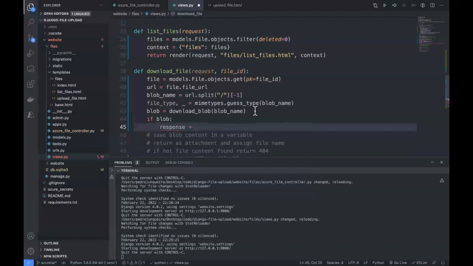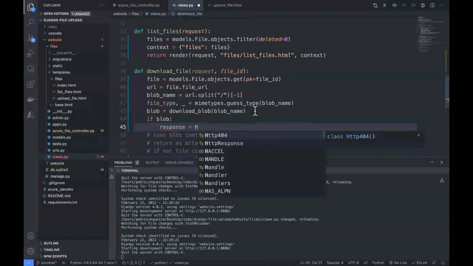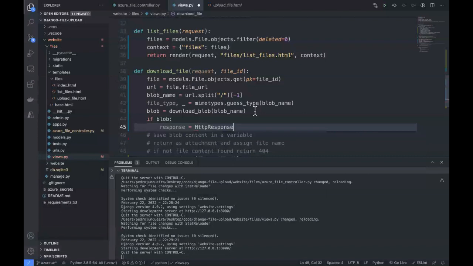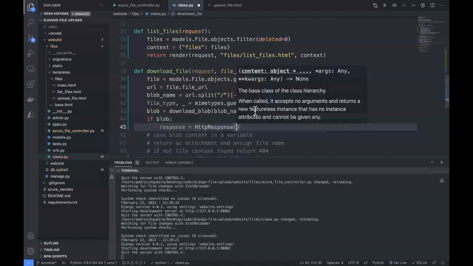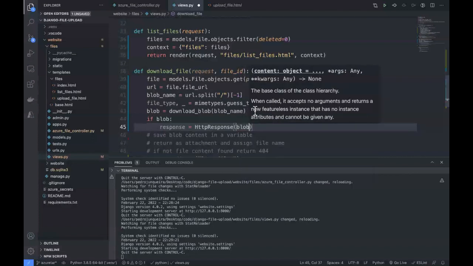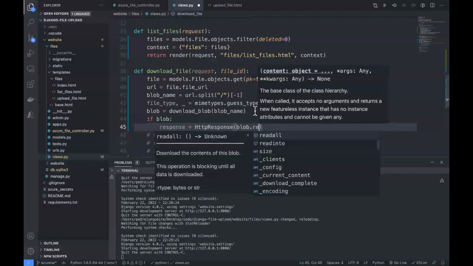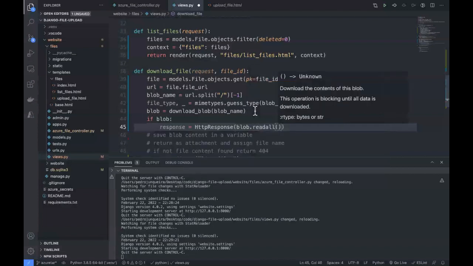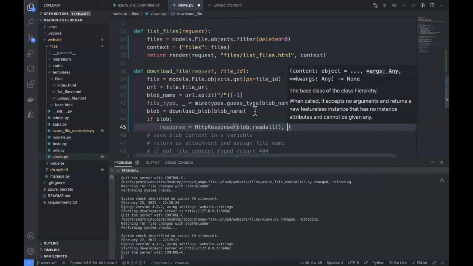That's a Django class, which is called HttpResponse. And I'm just going to add to that the blob, and what I'm gonna put here is the actual binary data. There's a method called readall from the Azure object that returns from downloads, and then the content